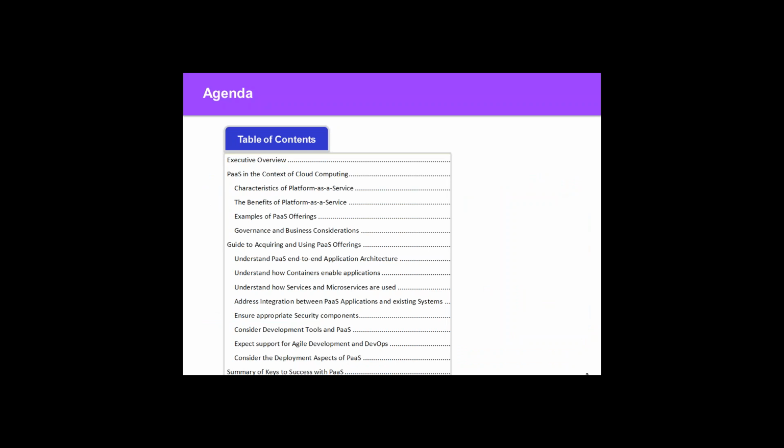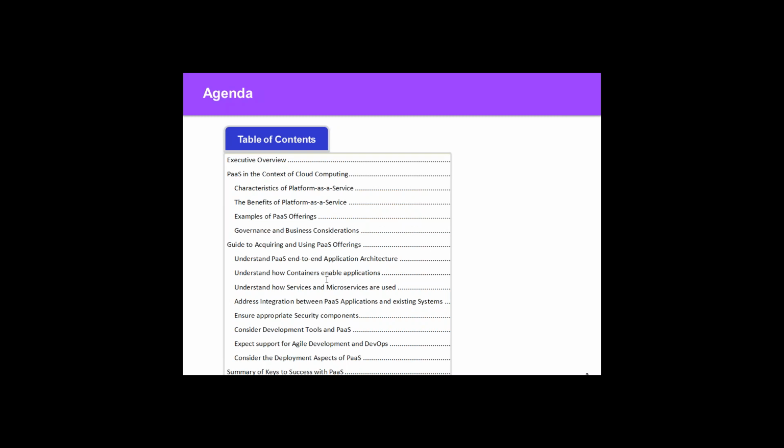The remainder of the presentation focuses specifically on the Practical Guide to PaaS. The table of contents for the paper is included here since it provides a good overview of the flow of today's presentation. PaaS is certainly one of the most dynamic areas of cloud computing, and there's lots of confusion in the market about what PaaS means and specifically what capabilities should be expected of a PaaS offering.